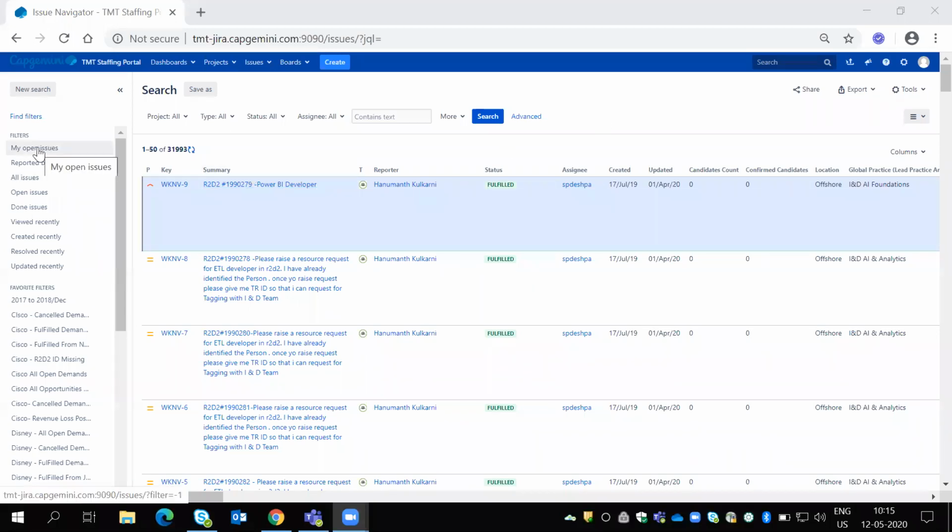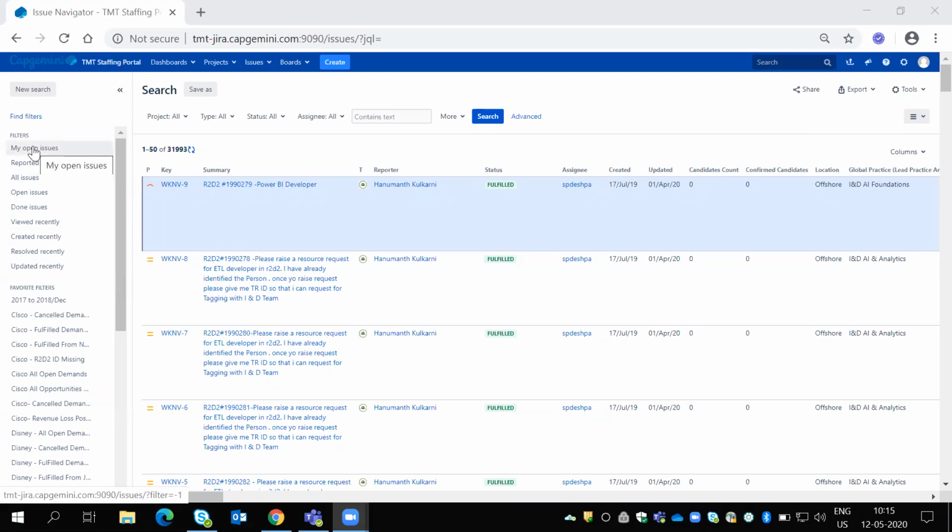So with these 9 options: my open issues, reported by me, all issues, open issues, done issues, resolved recently, created recently, updated recently. These standard filters are created when we set up a Jira instance.